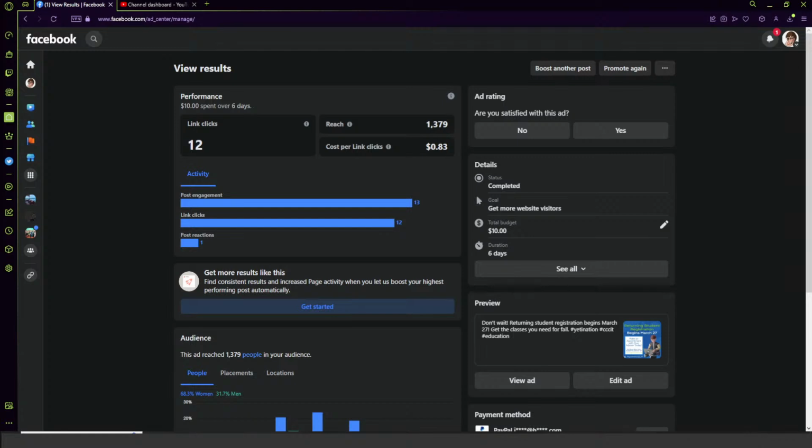And so if 1 or 2 people actually went through and completed registration based on this, then the college in turn would have generated a profit. Now, the college didn't run the ad. I ran the ad. So the ad didn't cost the college anything to begin with. But if the college had run this ad and they gained 1 re-registration that they would not have gotten otherwise, as a result,